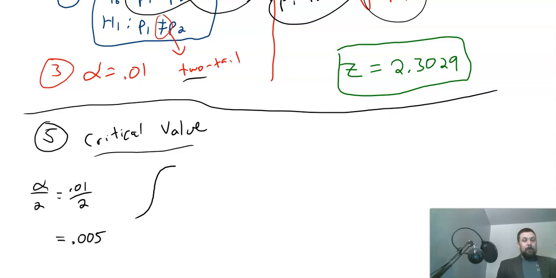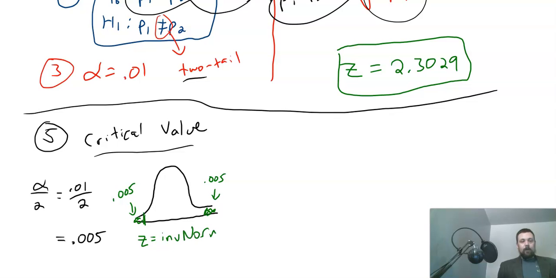I'm dividing it by 2 because for a two-tailed test, that alpha has to cover both tails. So we put half of it into the left tail and the other half into the right tail. So we're going to have 0.005 in the left tail, 0.005 in the right tail, which means there's actually two critical values here. But we can find both of them at once by just doing inverse norm. Area to the left in this case is 0.005. This is going to give me the critical value that's in the left tail. Inverse norm 0.005, which is going to be negative